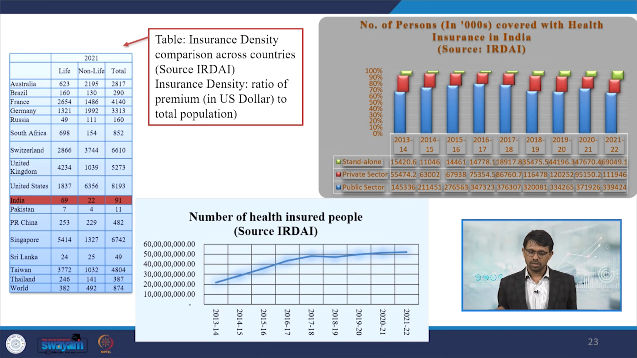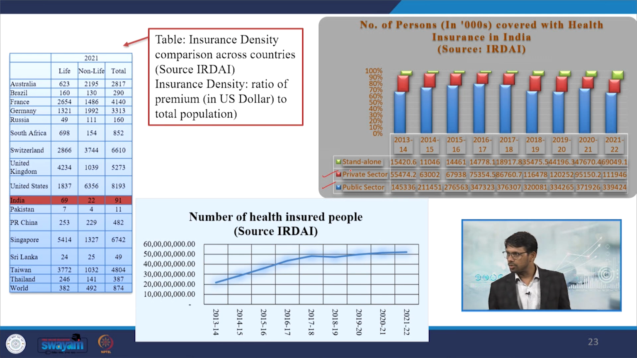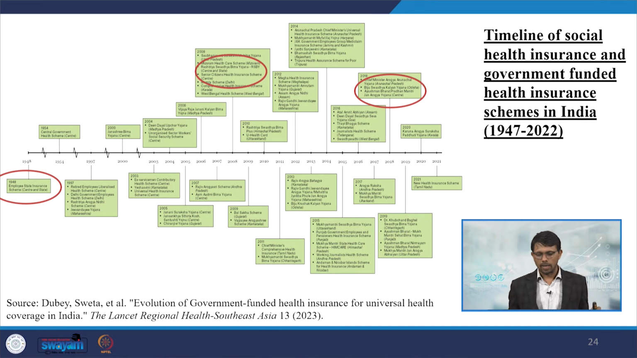The number of persons, in thousands, covered with health insurance in India is also presented by standalone package, private insurance or public. Still, public insurance coverage is the most dominating, and you can follow it for your work. Here we are giving a timeline of social health insurance and government-funded health insurance schemes in India, referring to the work of Lancet